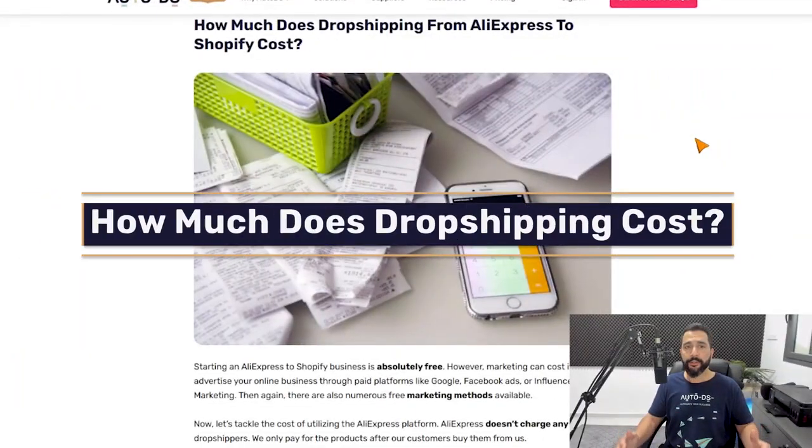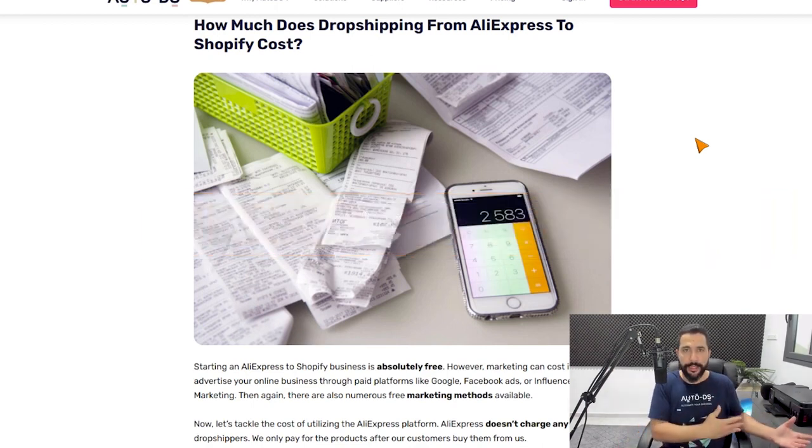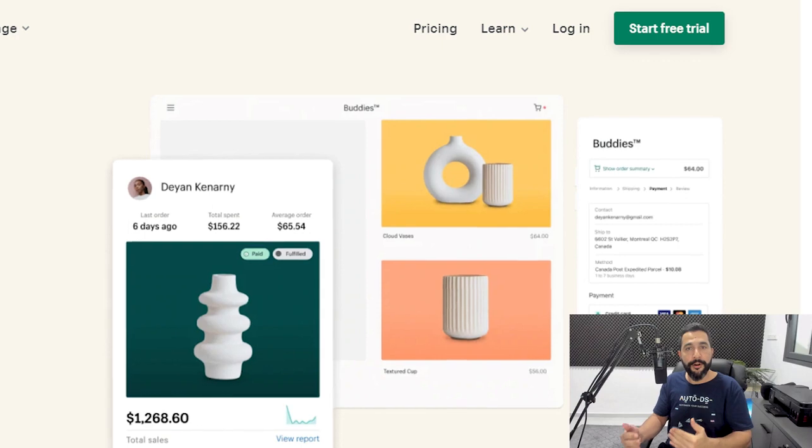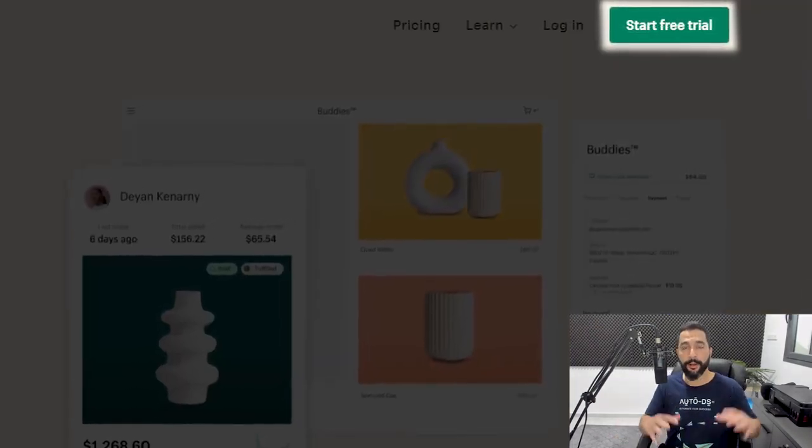How much does it cost to dropship from AliExpress to Shopify? This is a question that many people ask before they get started. So besides the profitability, what are going to be your expenses to start a dropshipping business, and how much is it going to cost to run it? Basically, to have an account in AliExpress costs no money whatsoever. Your only payment to AliExpress will be once you actually get orders and purchase from AliExpress and ship directly to your buyer. However, on Shopify, you have a 14-day free trial,